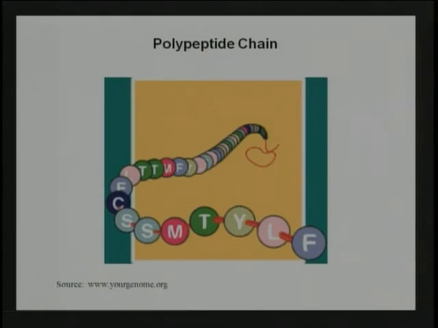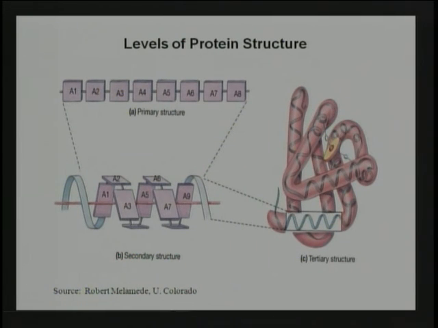And then the linear sequence of that chain determines the three-dimensional structure. So not only inside the organism, but in most cases inside just a little glass of water with some salt in it, you'll see that primary structure, that order of those beads, determining the three-dimensional structure of the eventual protein. And that goes, roughly speaking, in 2 different stages. The first is to fold up parts of the protein into different what are called secondary structures. So some of them look like helices, things that go around like that. Some of them are these strands that often go next to each other and form sheets.